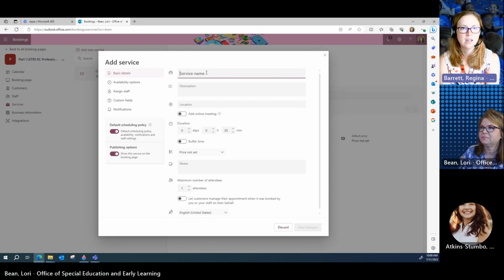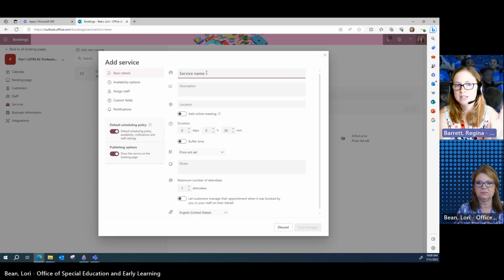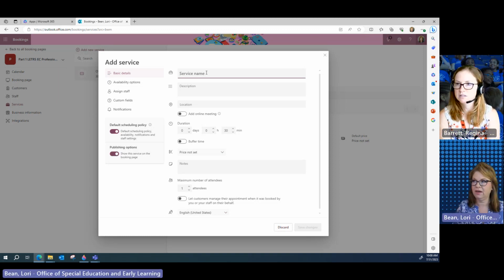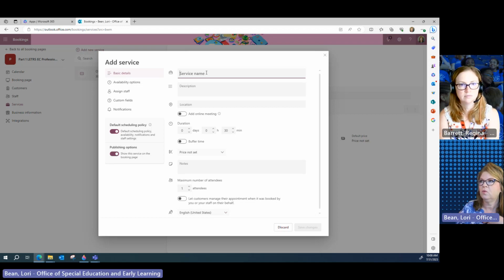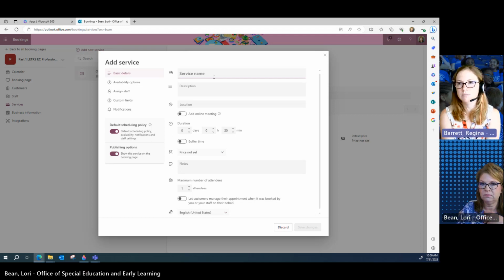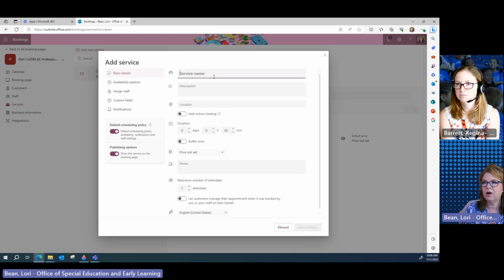So you could really do it all under this one service, and we'll just set different availability options. If this is part 1, they're all going to be part 1. We can do it all under the same service as long as you want the name to be the same for all of them. In October, they're all going to be part 1, but then the next time it'll be part 2, and there'll be 4 more dates with different times.